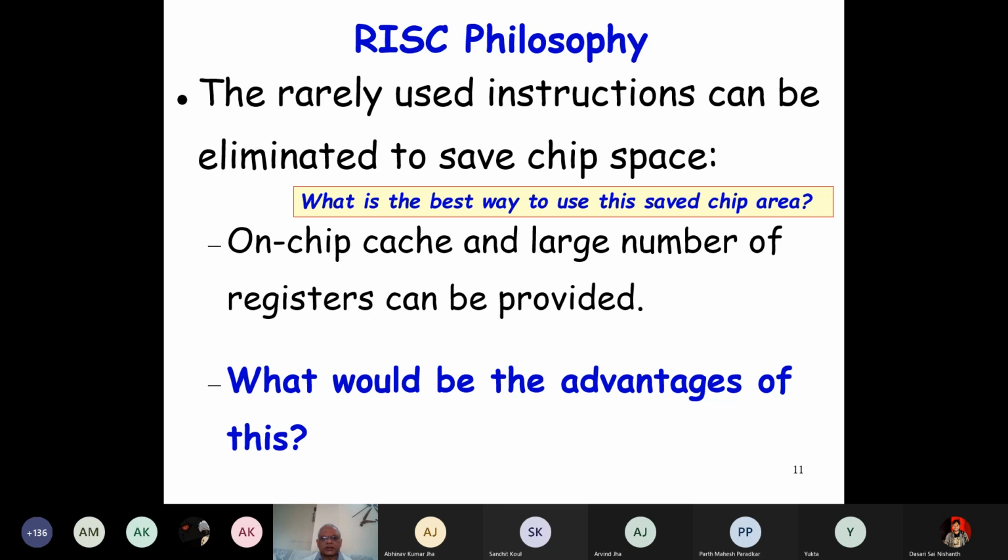What one CISC instruction can do is the string comparison instruction. So to reduce the program size, we had instructions doing complex things like string comparison, and also they were using memory to memory operands. The main idea was to reduce the program size, to help reduce the fetch time of the instructions and the storage area of the instructions, because of the magnetic memory that was used. Is it okay, Abhinav?